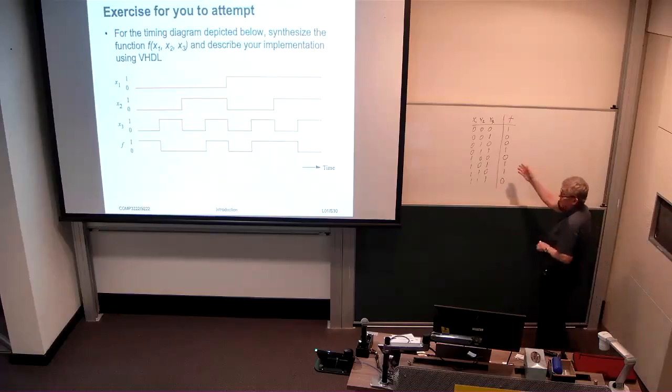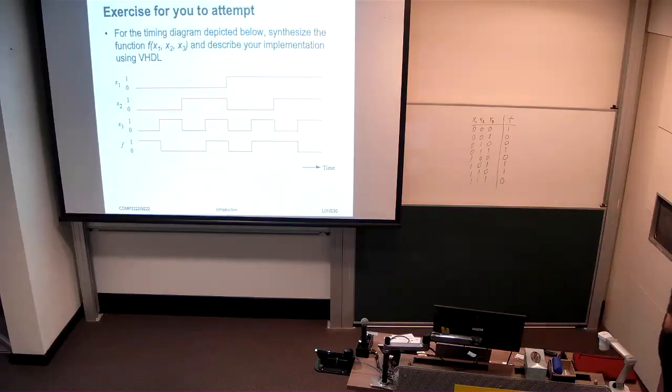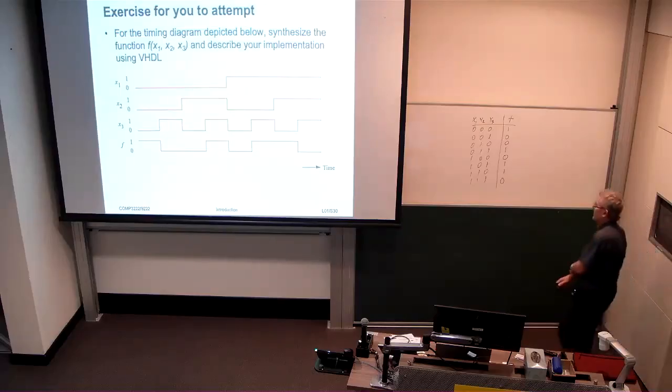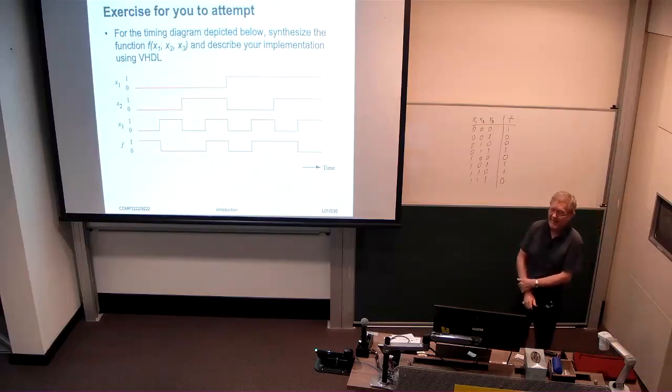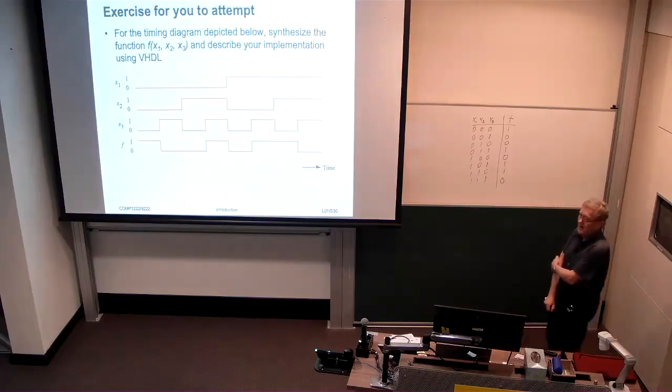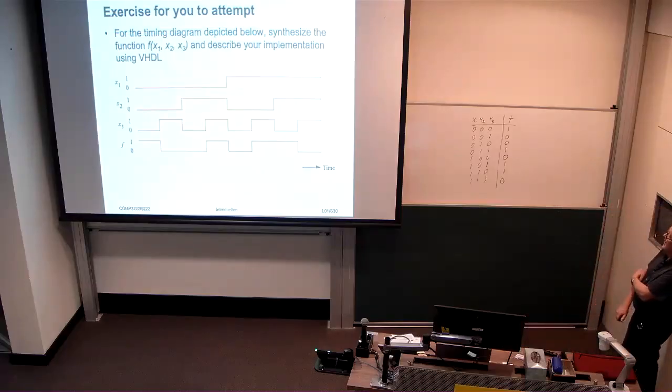Correct. Now, how do we create the logic expression for F? That's a bit tougher. Can we guess? Yes. F is true if X3 and X2, or I think X3 and X1 are true only. Right. We could maybe get that. Does anybody agree, disagree? Got another. I won't write down what you said because I wasn't too sure what you were actually going to say.